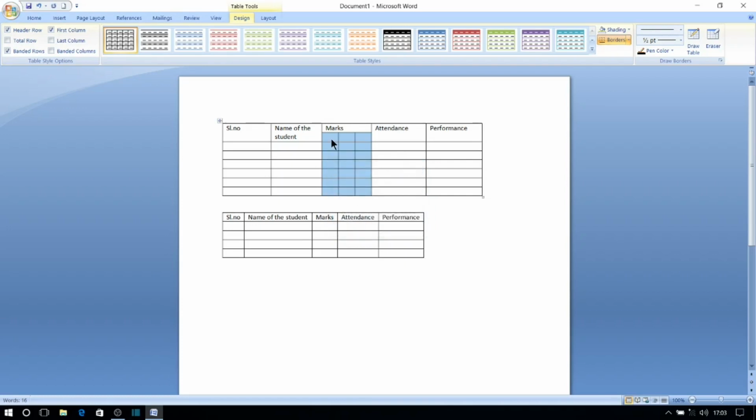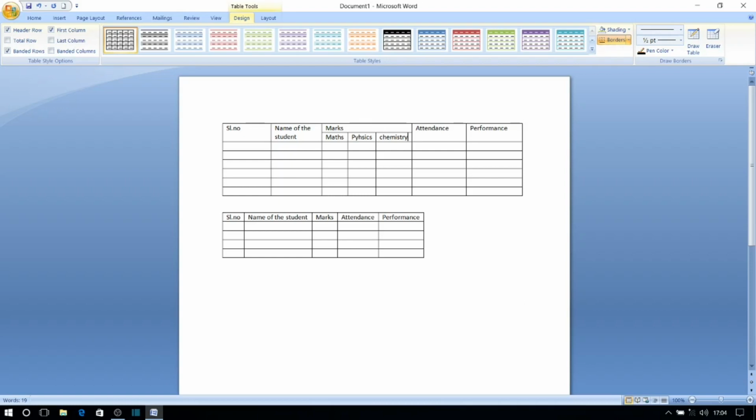Now you can see the single column has been divided into 3 columns. In this column we can enter marks scored by the students in 3 different subjects, namely maths, chemistry.